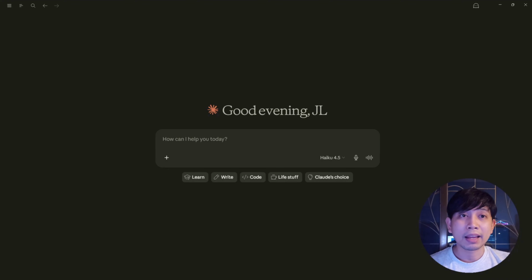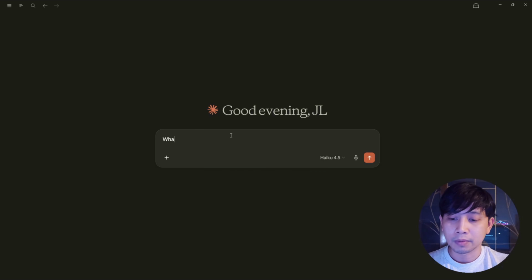Now that we have a high-level understanding of how an LLM works, I'm going to showcase to you some known limitations. And from here, I hope you get a better understanding of how token prediction works. So for this example, I have here the Claude desktop with a Haiku 4.5 model. So I'm going to ask it about the time. First, don't mention any other country.